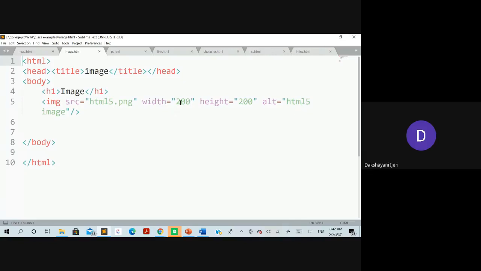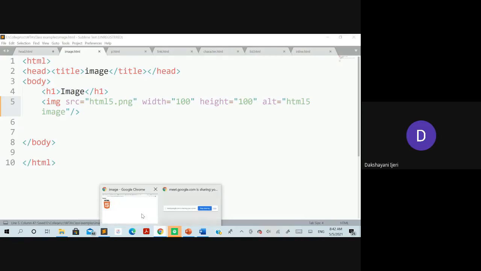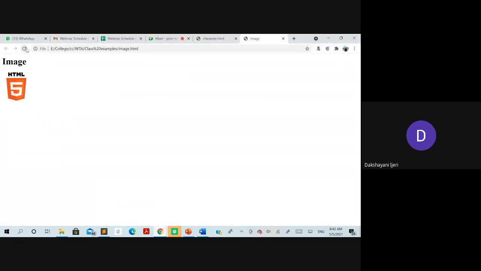I'll just show you how it makes a difference if you change the size. Instead of 200, I'll make it 100. You can see here it has been reduced.